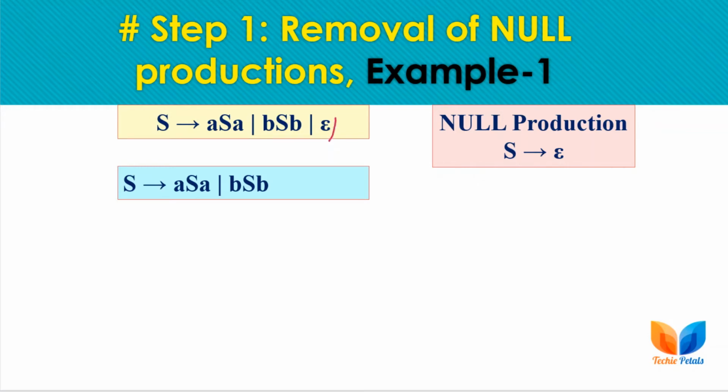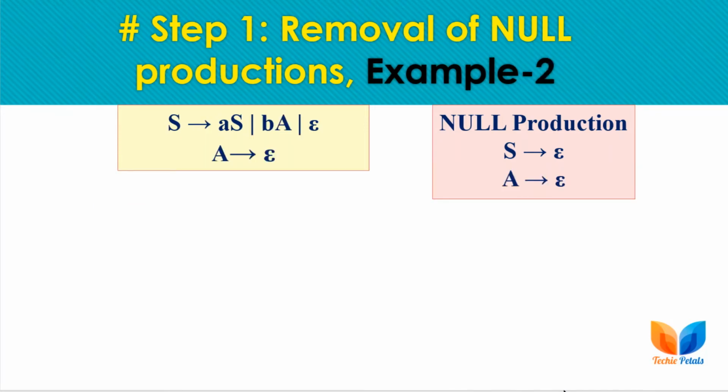Now substitute null for the right hand side, meaning in all the production rules where we have S as a non-terminal, substitute S as null and add the resulting rules to the production rules. So here after putting S as null in the first rule we are getting double A and here we are getting double B. So simply add these new rules to the grammar and the null is removed successfully from the grammar, and this is the resulting grammar after removal of null production rules.